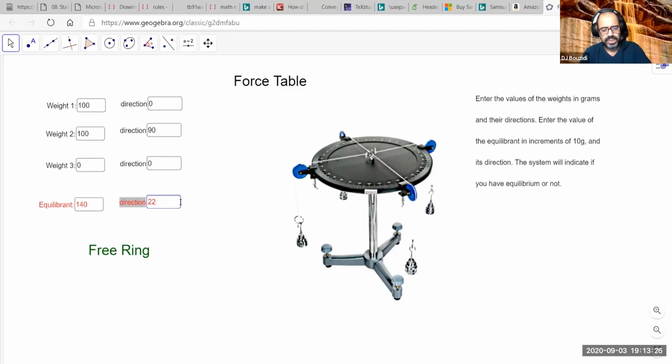So I'm going to put 229, for example, and see if that's going to work. It's going to work. 230 and see if it's not going to work. So as long as I have this condition, it's working. Let's say, for example, I have put 150 grams in here. No, it's not going to work. 225 degrees? No, it's not going to work. So this one is not going to work for me for 100. Let's put 130 grams. It's not going to work. So this works with 140 grams, okay? That's why even in the lab, there is that leeway. Even if we are in the classroom and we're doing this lab,